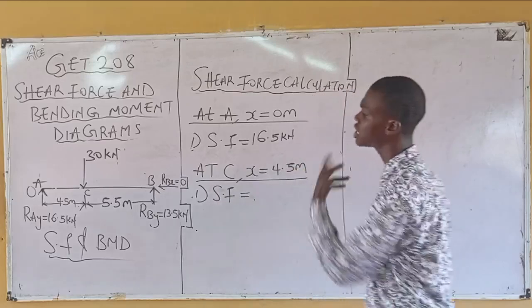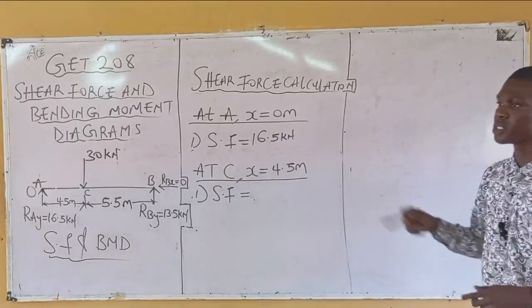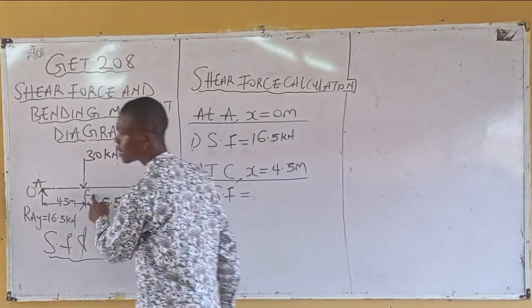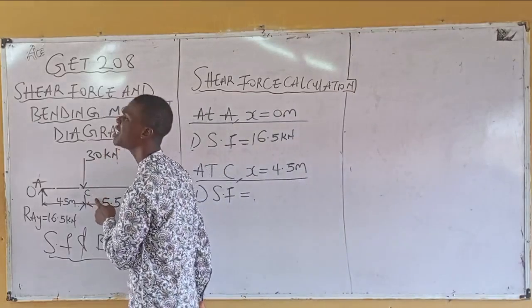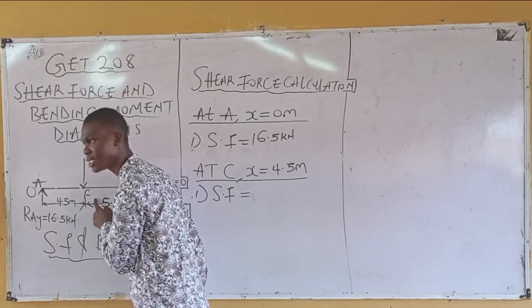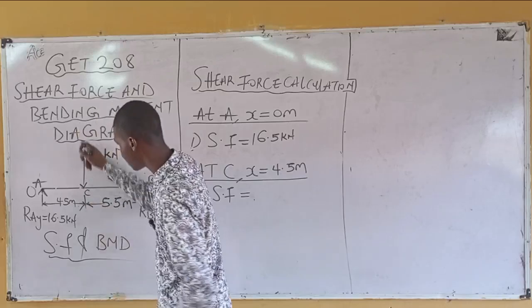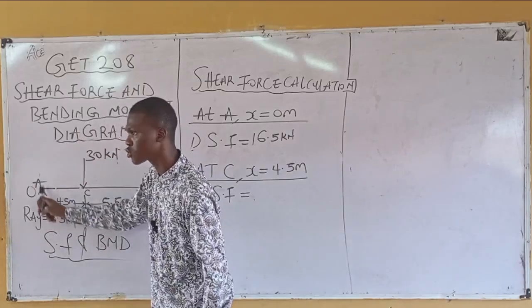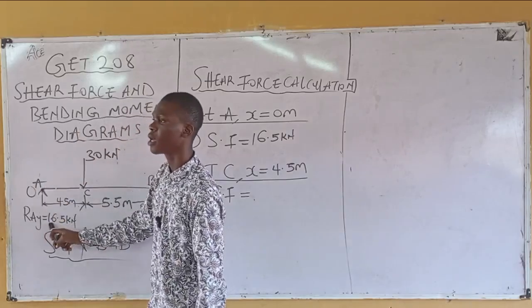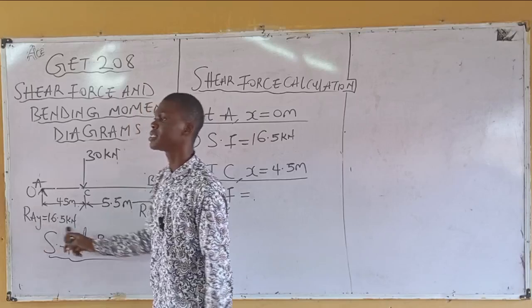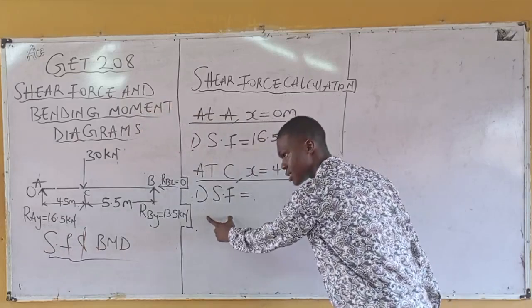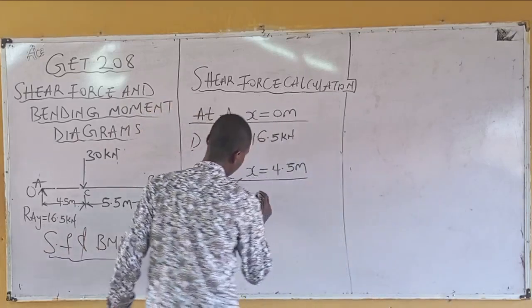Alright, looking at this beam, what will be your first value at point C? 16.5. Being on point C, I'm only interested in the forces behind C, meaning at the back of C. I'm seeing the force on A, which is RAY. What's the magnitude of RAY? 16.5. Meaning at C, the first value of shear force is 16.5